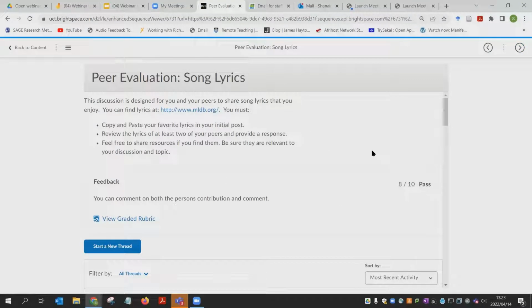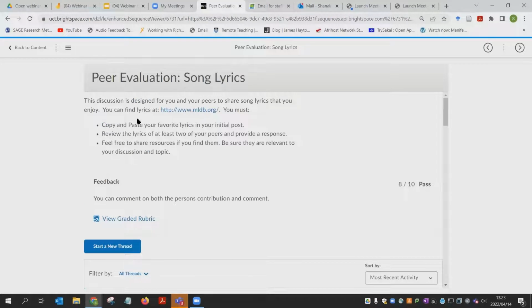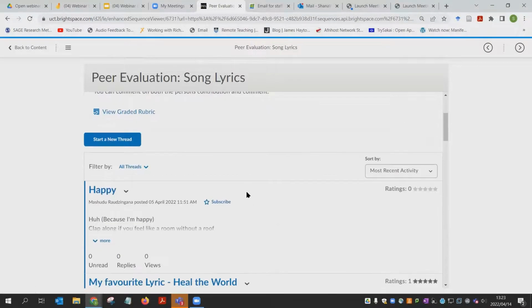Okay, and this is quite a nice example. This is an example of a discussion in Brightspace. So this is what a discussion, or in Vula used to be called a forum, looks like in the Brightspace space. You'll see that what is nice here is that you can add a graded rubric to your discussion. So if you would like to grade your discussion, then you can indicate to your students that there is a graded rubric available to them. And you can see